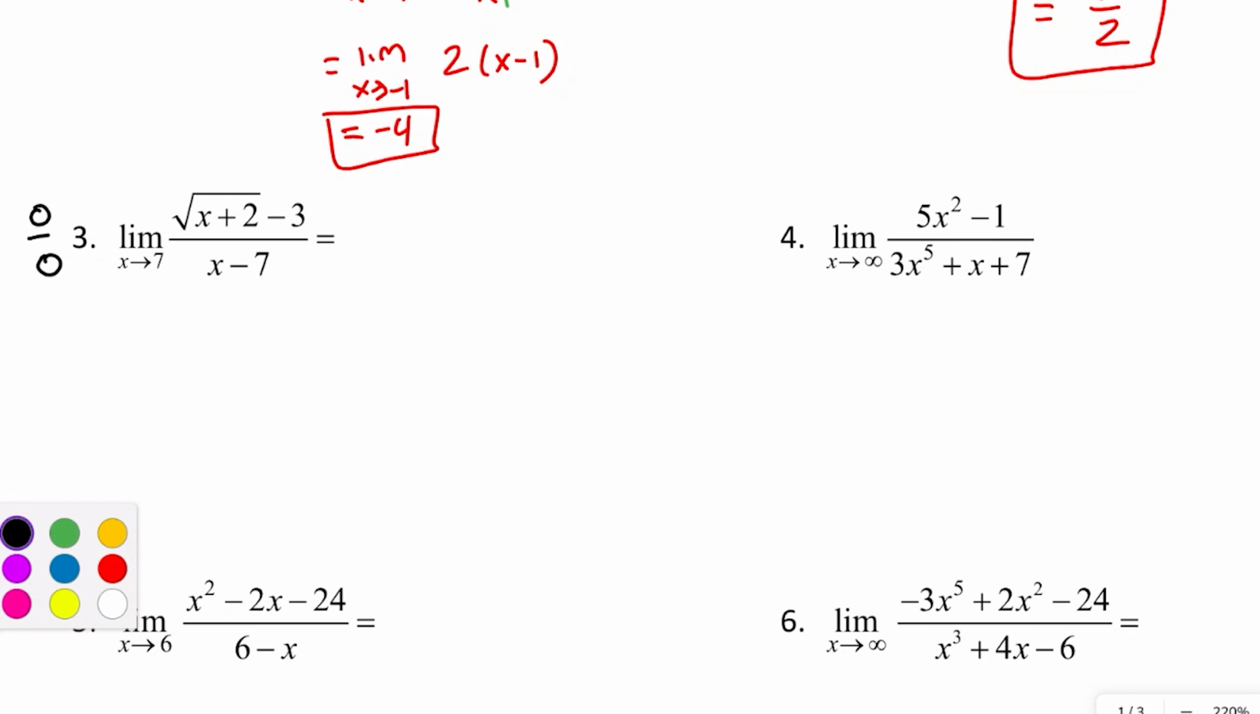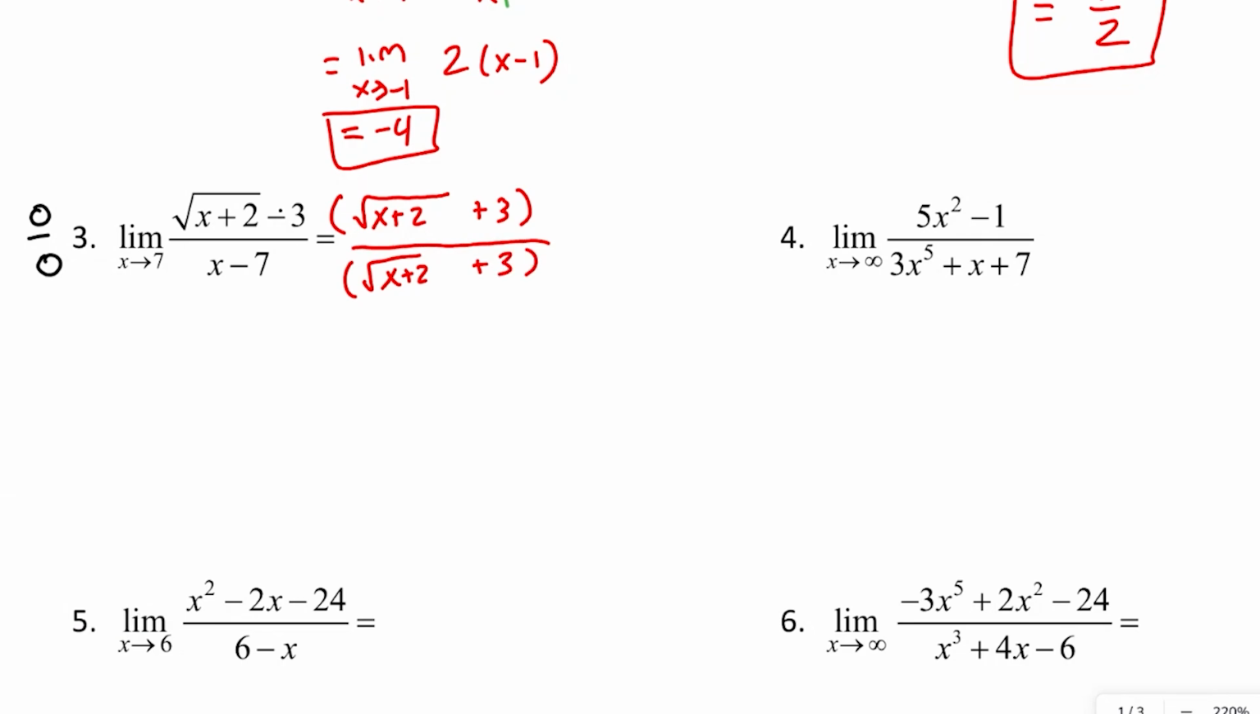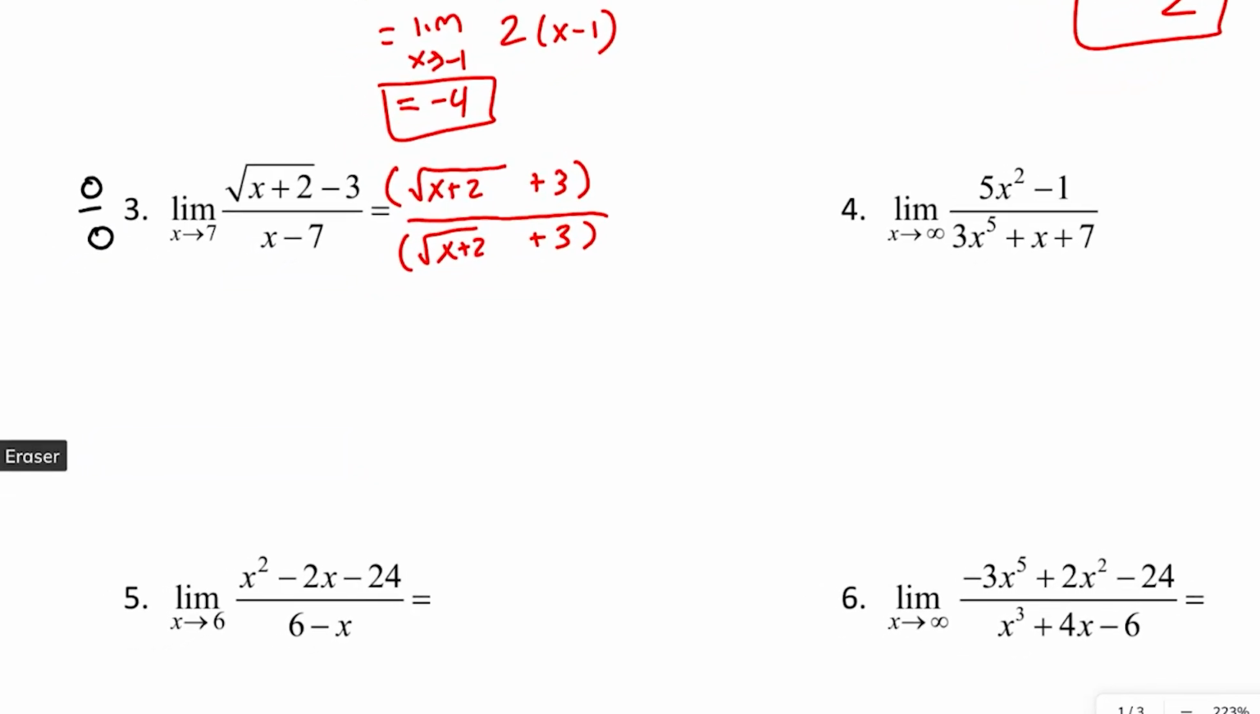To get that factor, when you have this square root situation, you want to multiply both the numerator and the denominator by the conjugate of the expression that has that square root. So we're going to multiply both the top and the bottom by the square root of x plus 2 plus 3. Then we'll simplify a little bit, not too much, and this will equal the limit